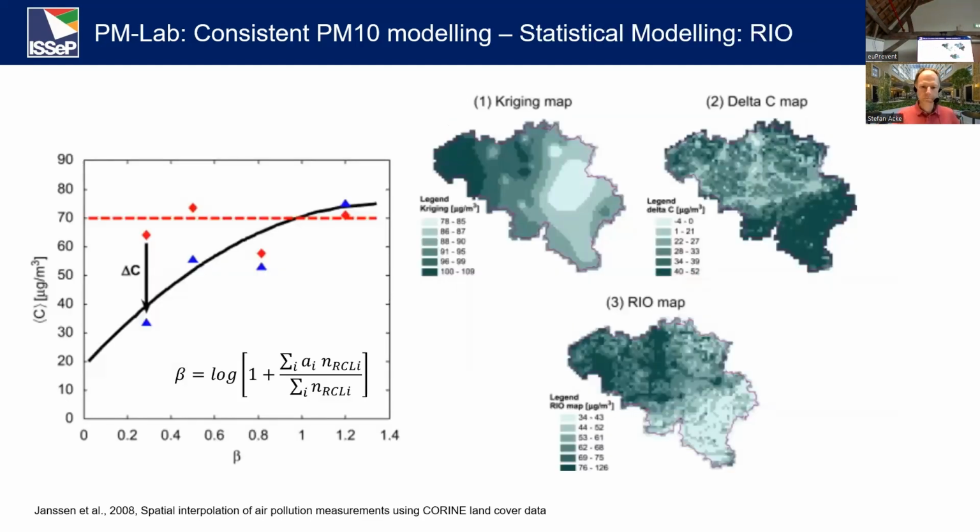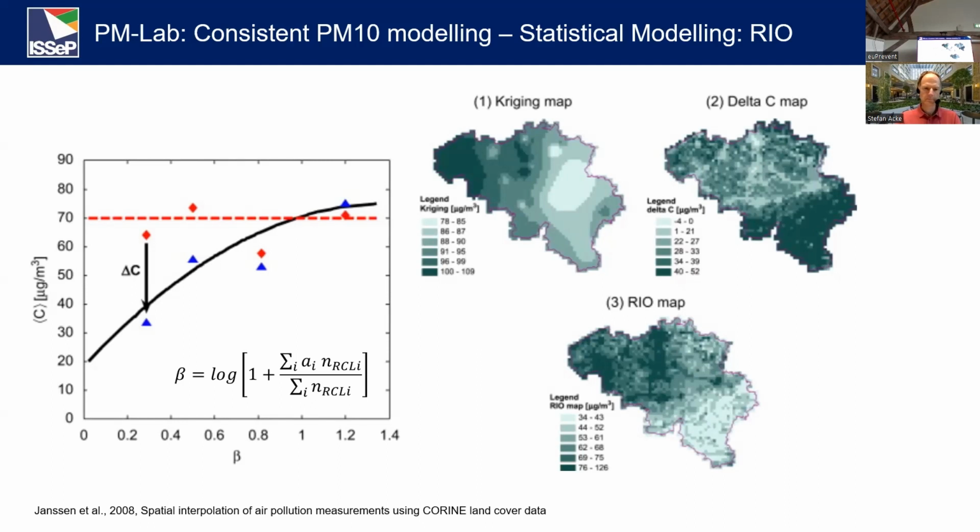So what we decided to use in the framework of PMLab was the RIO model. The RIO model was developed by VITO in Belgium. The idea of this model is to take all the sites where there are measurements and to make a kriging, which is basically an interpolation. But before making this interpolation, we are going to detrend it. Detrend it because mathematically we have to, but also because